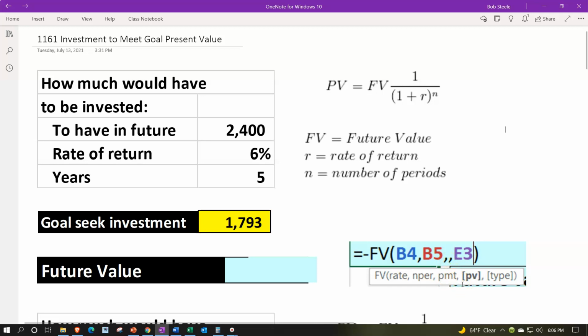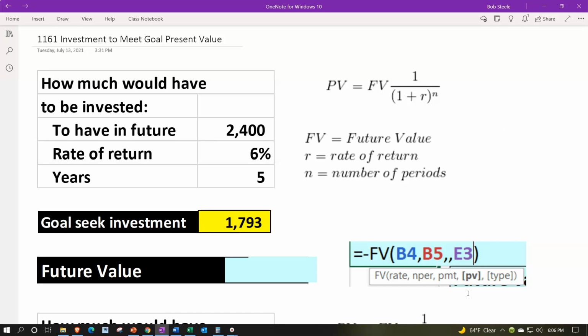Now that should kind of jog our memory to say, well, the present value isn't that 2,400 because that's the future value. So that means that the end result then on the future value should jog your memory to say, that should be kind of the result. What I don't know is the present value. And once you see that, then you'll probably say, maybe I should use the present value formula, which you can do because obviously there is a PV formula,